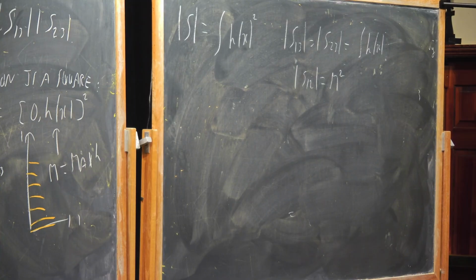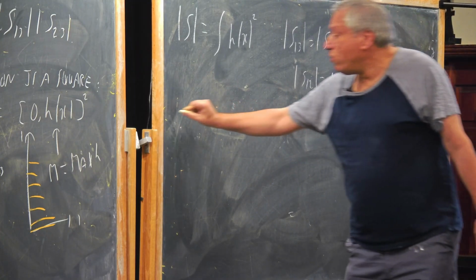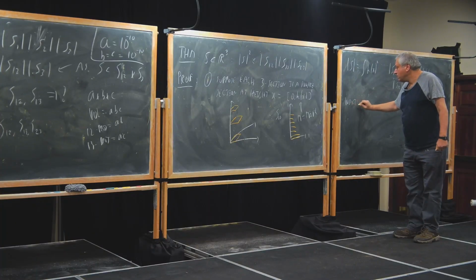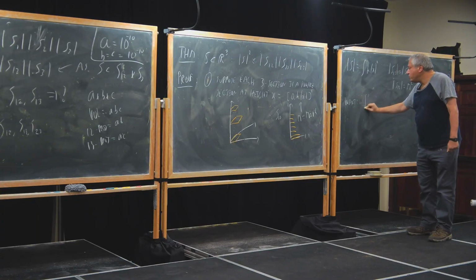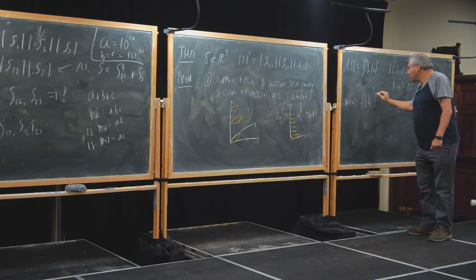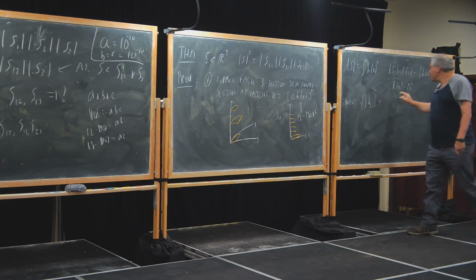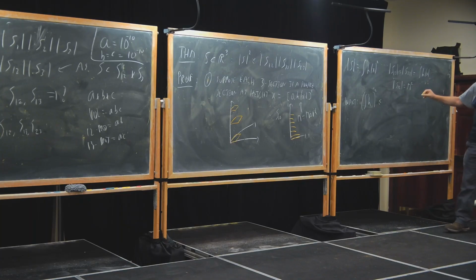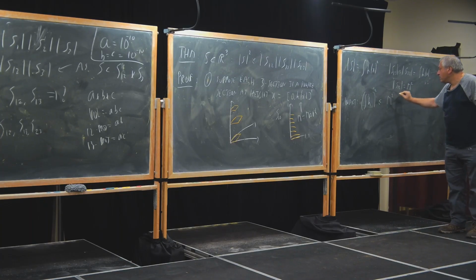Okay, let's start computing. So what do we want to show? We want to show that the size of S squared, so the integral of h squared, is at most the product of these three things, is at most M squared times the integral